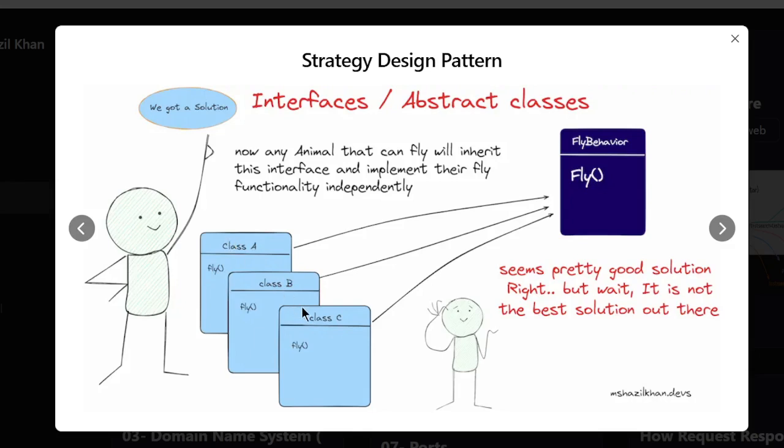In their own algorithmic way, like how they fly, they are going to write the algorithm specific to them. Like there are three animals, A, B, and C, and they are inheriting the fly interface and providing the implementation for the fly method prototype or the pure virtual function in their own way. So in this way,